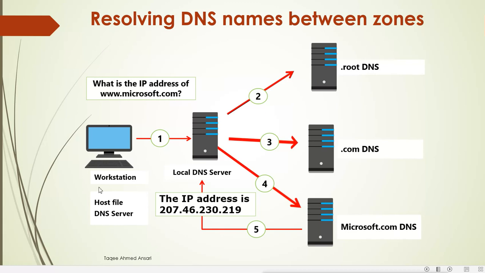Now suppose internally you have configured your internal DNS server for your local environment, so the queries will be resolved only from the local DNS server. Now if it is not able to find the query result, then it will do what? It will send the query to all the others, the root hints, top level, and it will try to do a recursive query to find all these other DNS servers to check and get the records or the IP address of this particular URL.